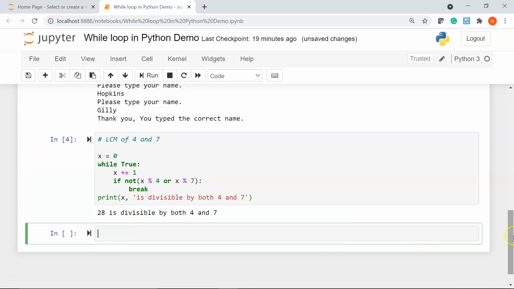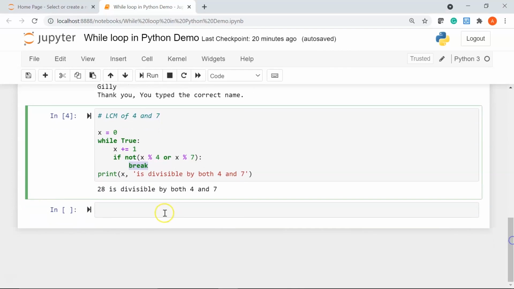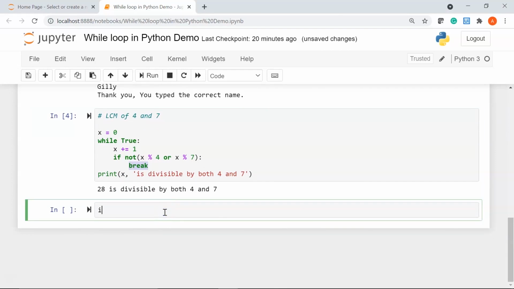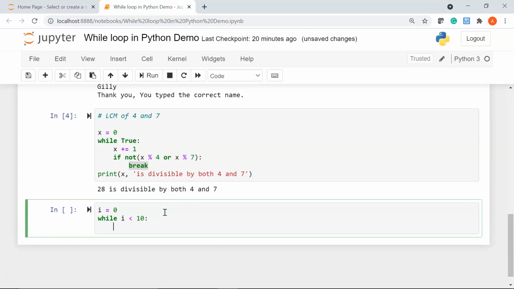Now you can also use the continue statement. How you use the break statement to come out of the loop, you can also use the continue statement to continue running the loop. So I'll say i = 0, while i is less than 10. So this is my expression. My loop is going to run until i is less than 10.